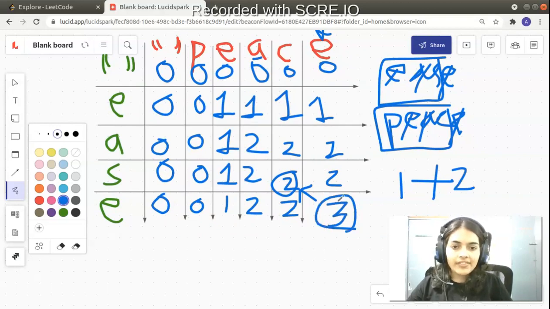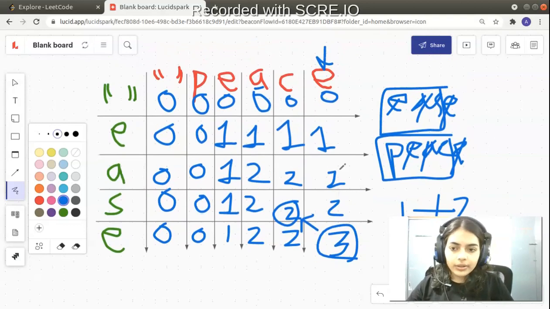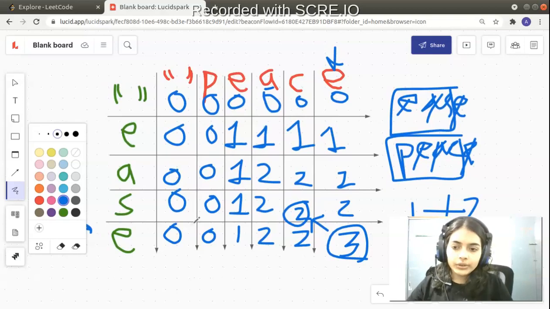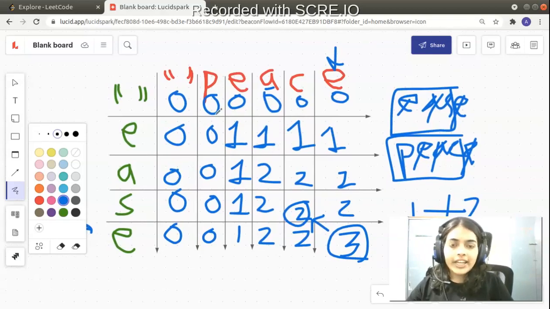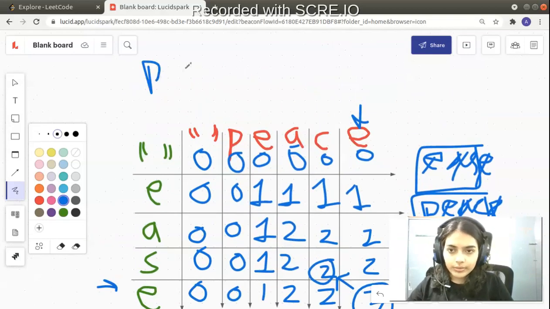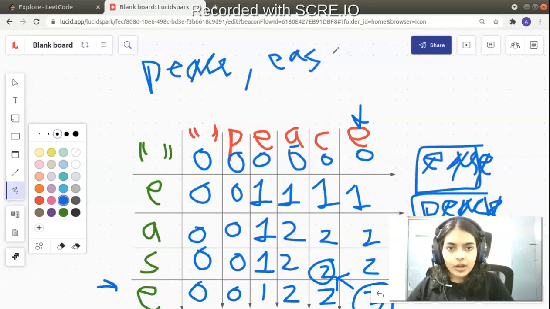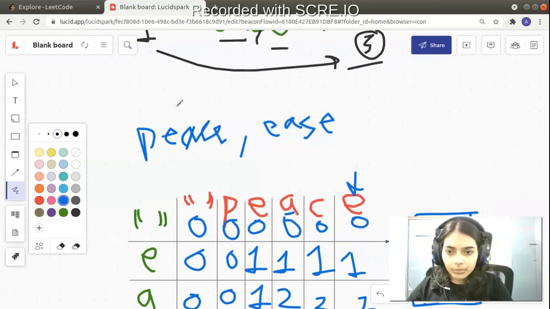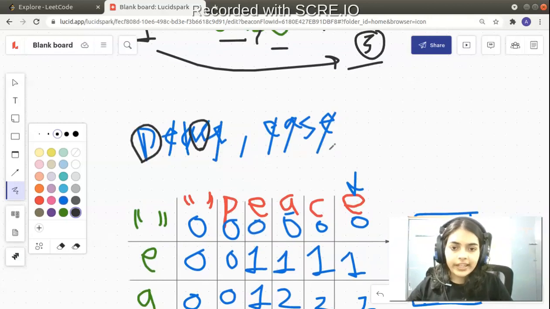Now finally, once we have the answer 3, you know that 3 characters are common between both of them. So if 3 characters are going to be common between both of them, how many characters are you going to delete? This is going to be easy, right? So you have one word which is PEACE and you have the other word EASE. Now we just found out from the DP table, the final answer is 3. You have 3 characters common between both of them. So you can see that EAE and EAE are common. But what are you going to delete? You have to delete the remaining characters P, C and S, right? So that is going to be your answer.